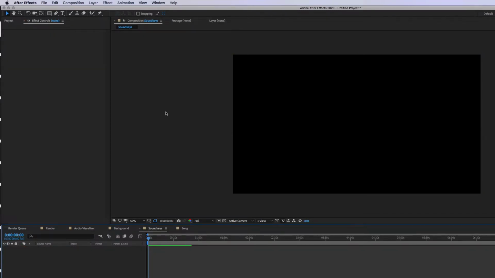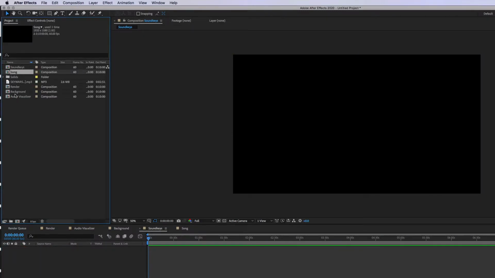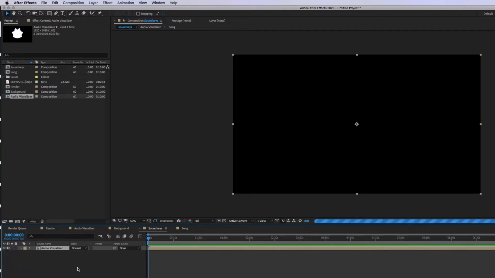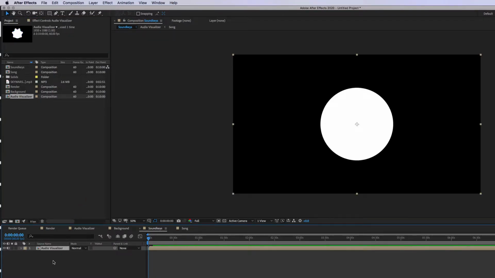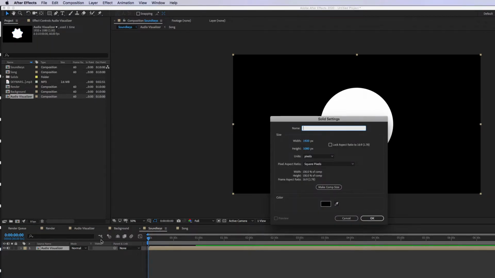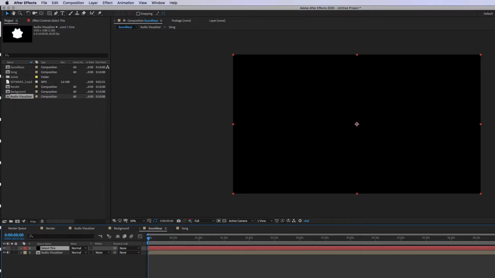So now what you want to do is drag the spectrum in here to the sound keys layer. And then make a new solid called, I'll say, select this, because that's what the formulas go for. Alright, and then,